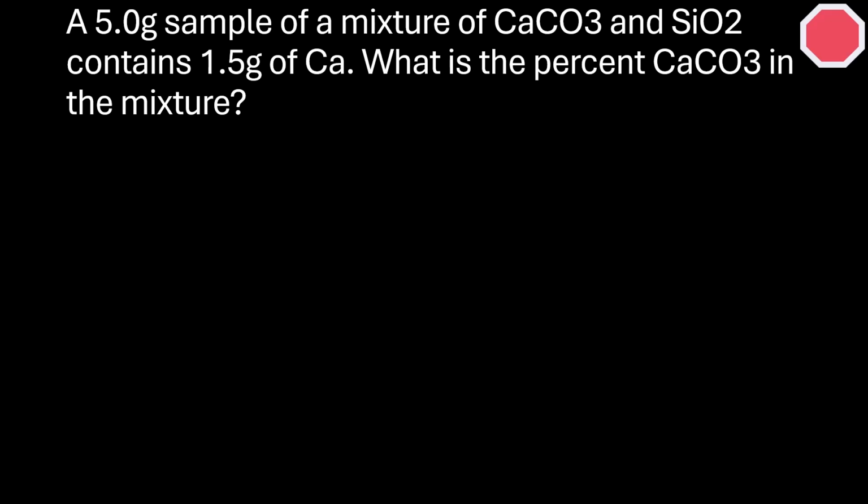And so the first step is to use what we're given. And so we're given 1.5 grams of calcium, and we're going to convert that grams of calcium into moles. So we have 1.5 grams of calcium, and we are going to convert that into moles using the molar mass in the periodic table. And if you look at your periodic table, you should find that the molar mass of calcium is 40.1 grams. If you divide that out, you should get 0.0374